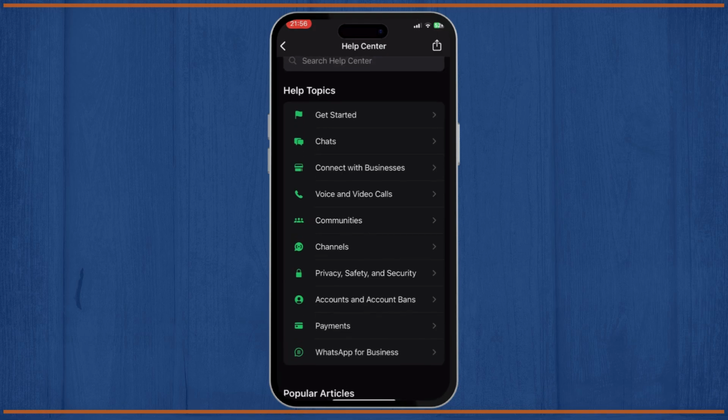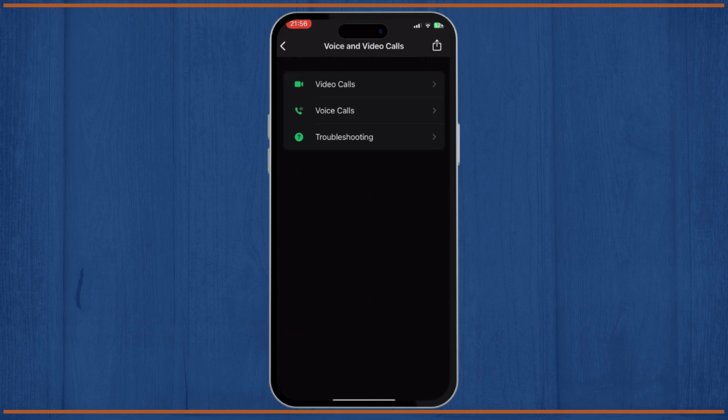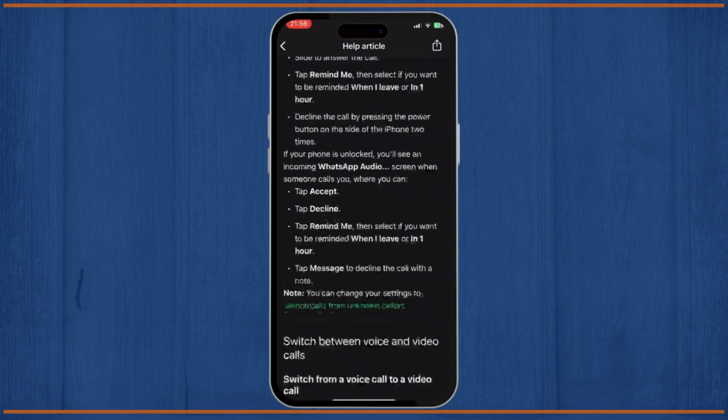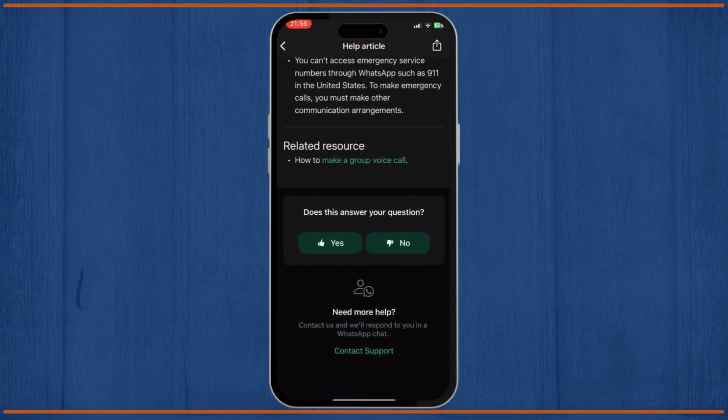Now here what you need to do is just go to voice and video calls. Now after you go to voice and video calls, tap on any call. If you're facing problem with your voice calls, just go to the voice calls, and there you can see different options that might help you fix your problems. Now just tap on one, and there you can see right here there might be a solution,